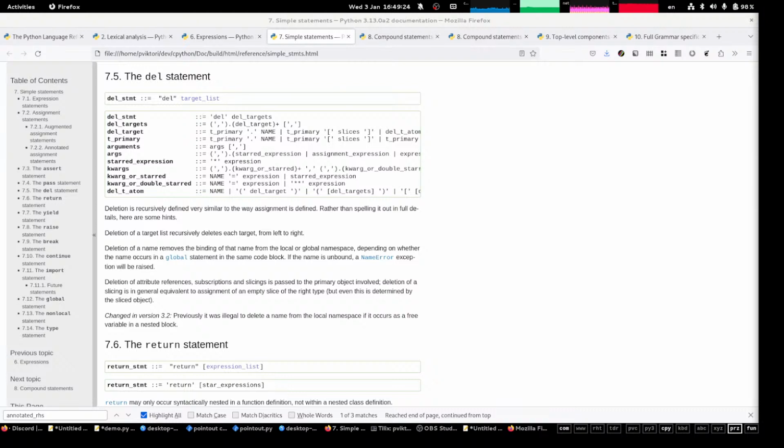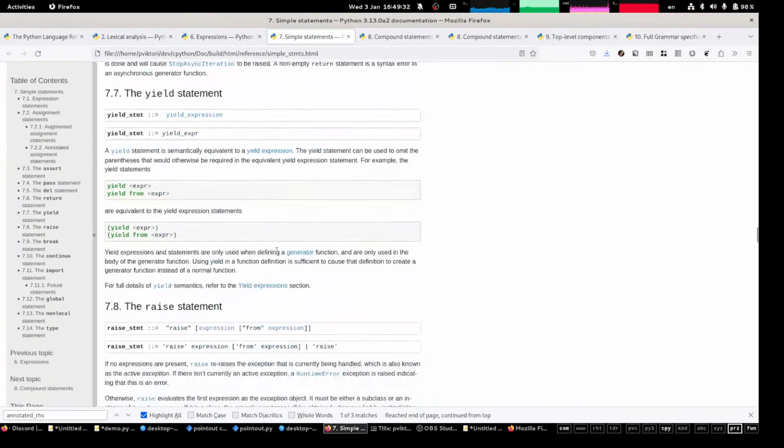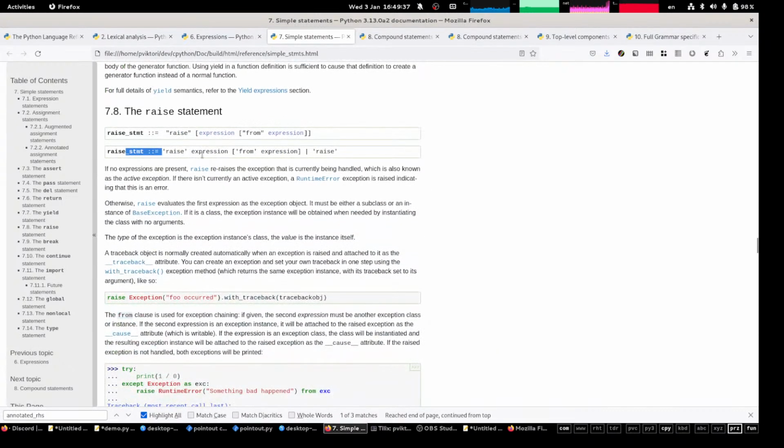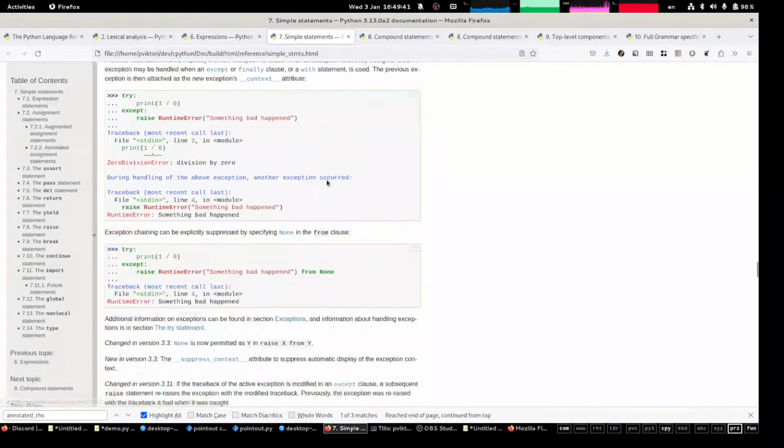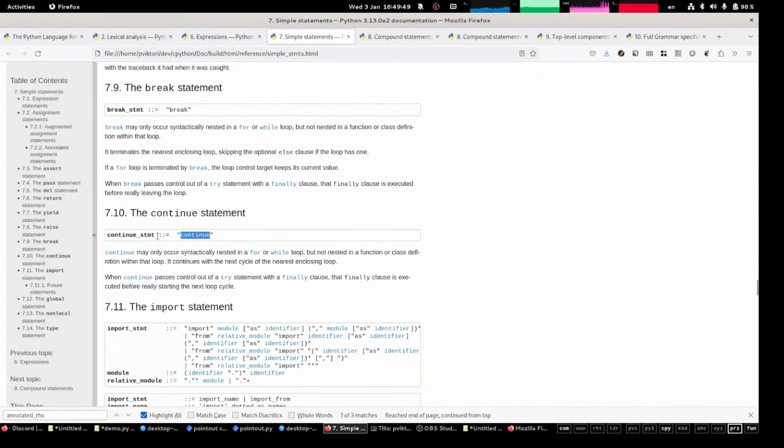So, where was I? Delete looks good. Return looks good. Yield looks also good. Raise also fine. Break is just a single word, so it doesn't have its own rule in the actual grammar. Continue, the same thing. Now import